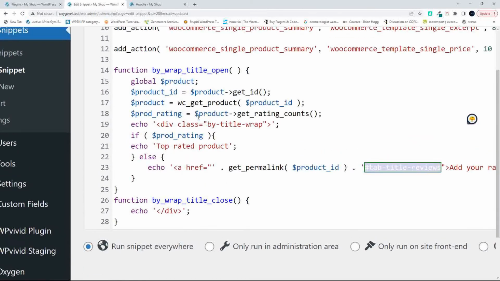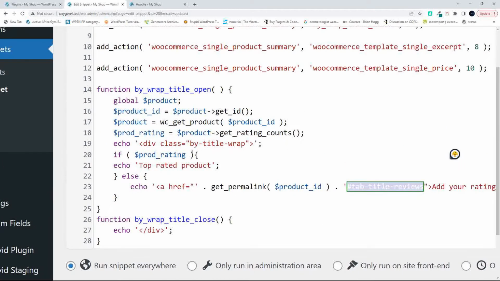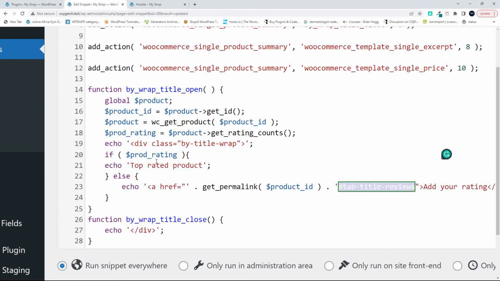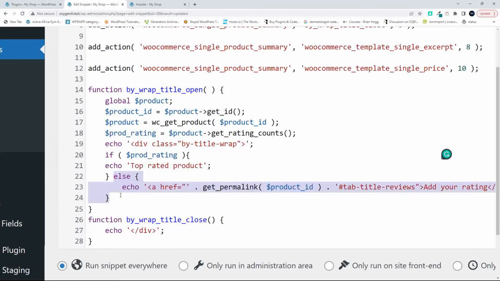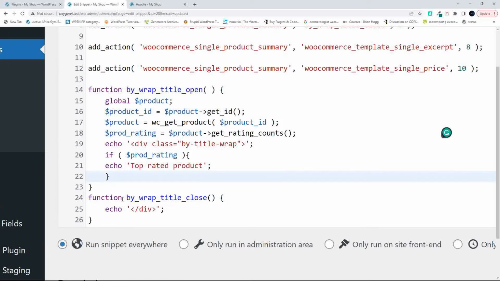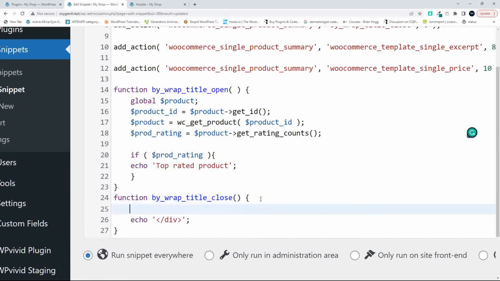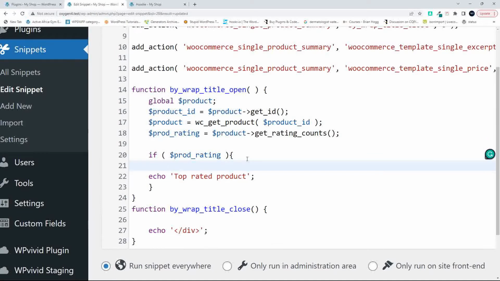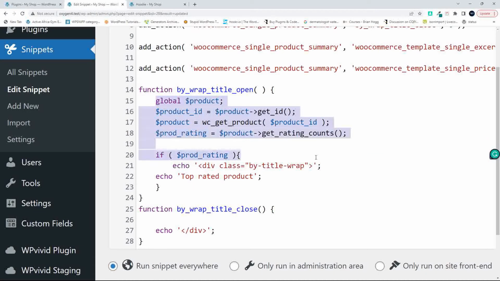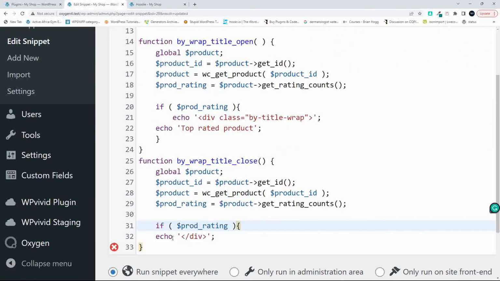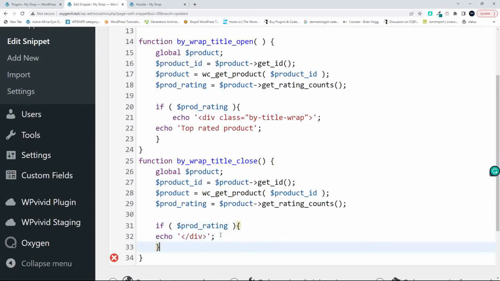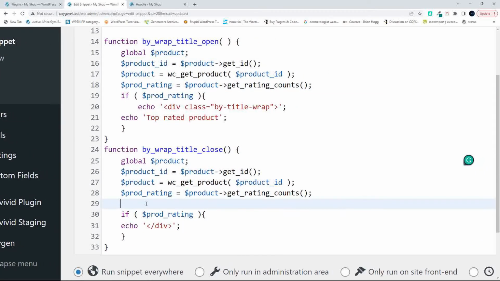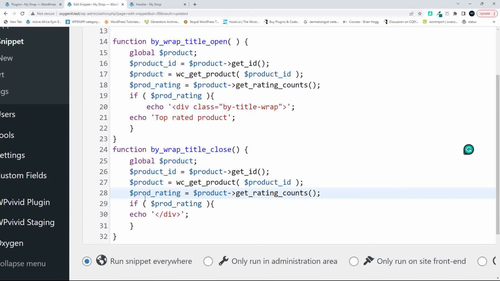So here I am in my function, and you'll notice it's a little bit different to before. So what I'm going to do now is just remove the items, and I'm going to restore this back to the way that it was, and then we'll have a look at the change and what we've done to only echo out the message and the link to that if there is no review. So here we are pretty much back to the way that we were,